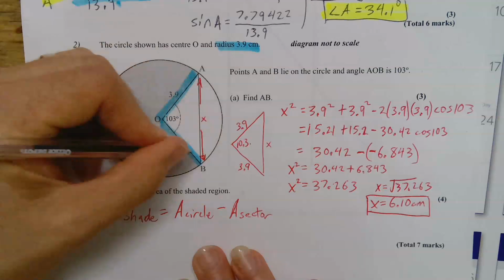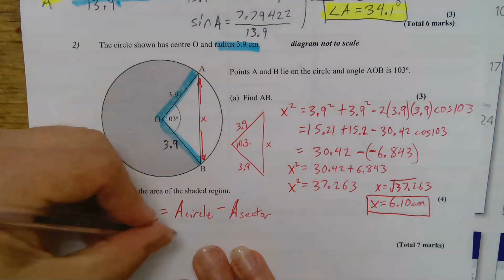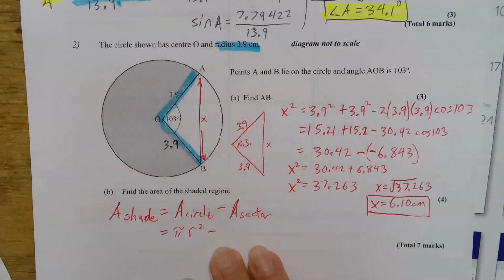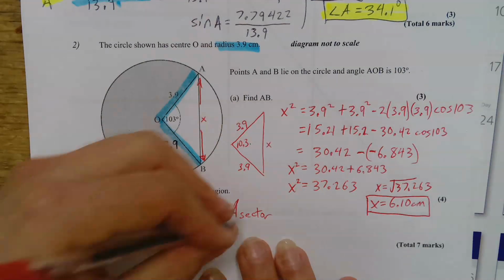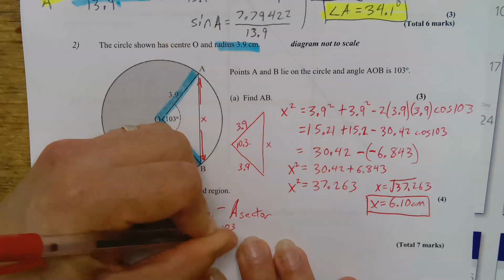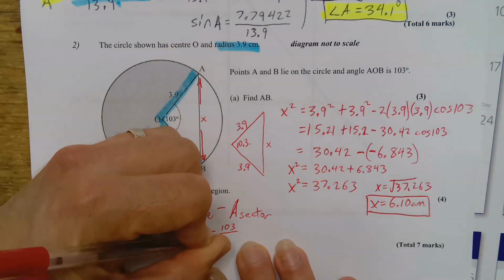That's this clear one here. So the area of the circle is pi r squared, and the area of the sector is this fraction, 103 over 360,